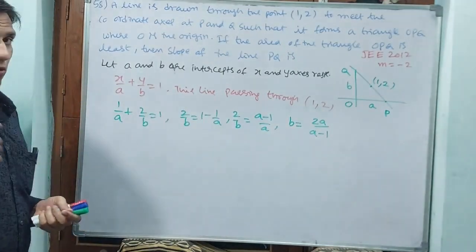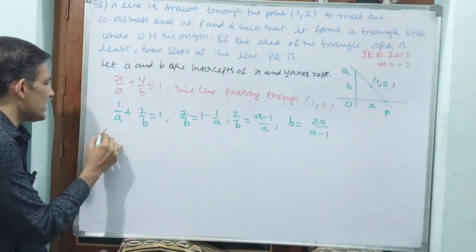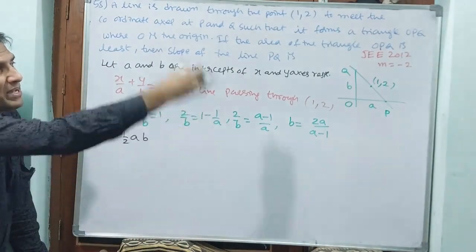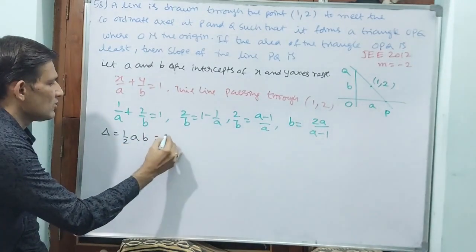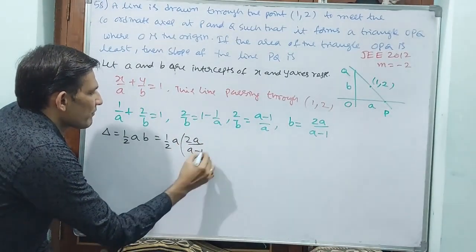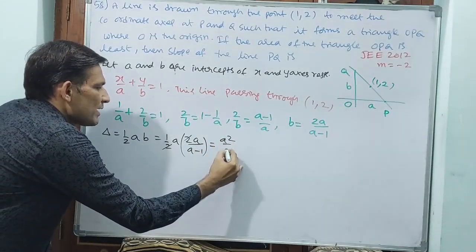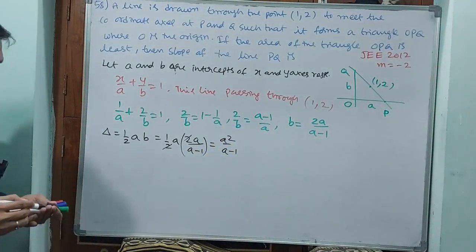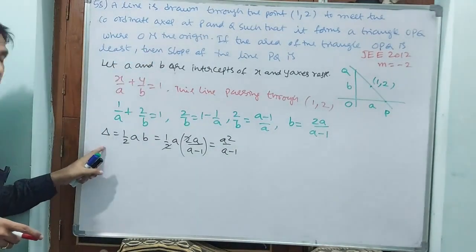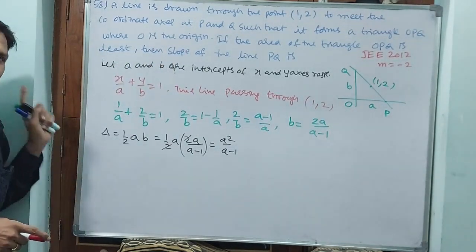Okay. Now you have got B. Now they are asking the least area. Least area means first I am finding the area. Delta is equal to half of A B. That's all. Why? Because it is half of base into height, that is equal to half of A B, and B is how much? 2A by A minus 1. Okay. See, multiplication, the 2 is going to get cancelled out. A square by A minus 1 will be your area. Okay. Now you do the differentiation of this area. Why? Because least area means differentiate the area. Least height means differentiate the height. Least volume means differentiate the volume. That is fundamental.